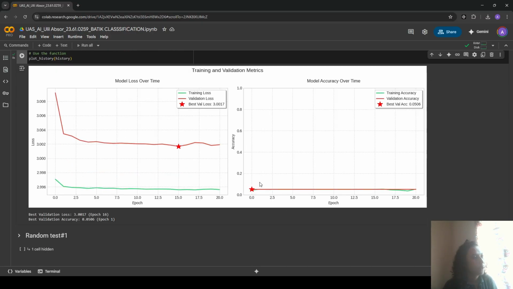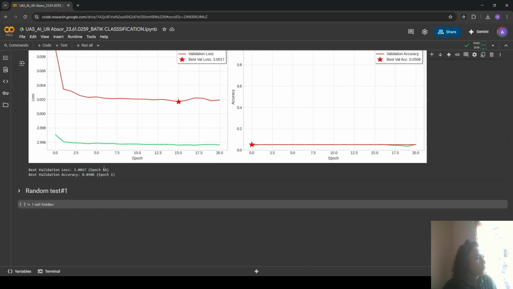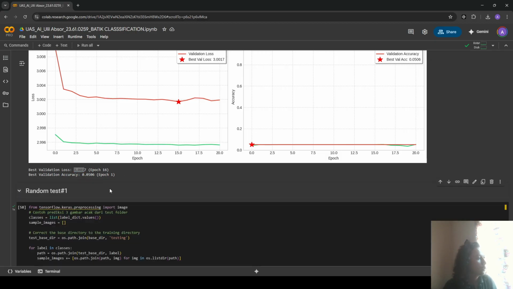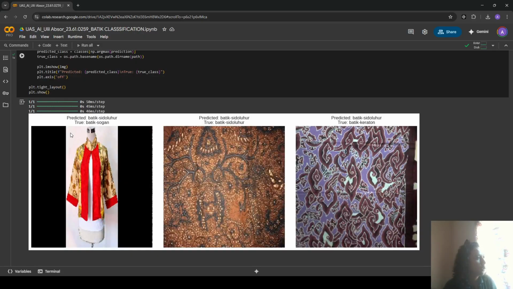The accuracy should go up step by step, and the loss should go down step by step. The best validation loss is at epoch 16, and the best validation accuracy is at the first epoch. So if we try a random test, it will give the wrong prediction.